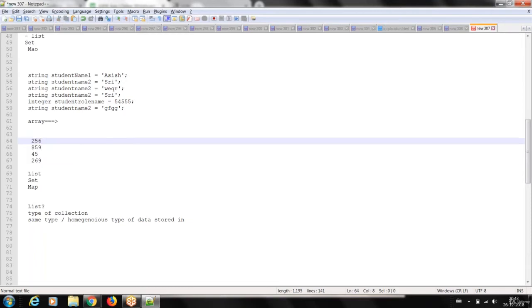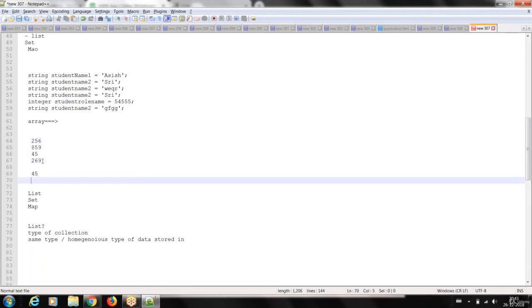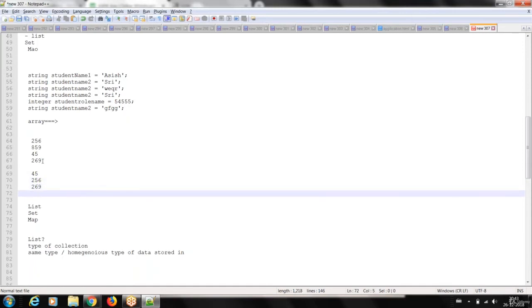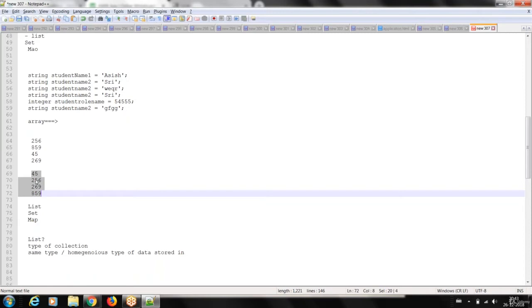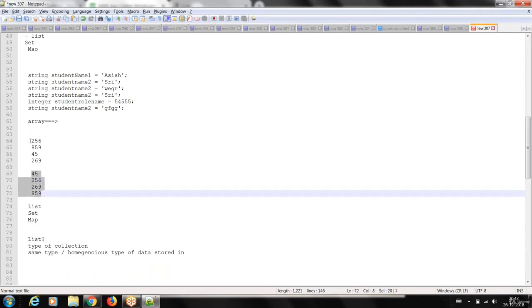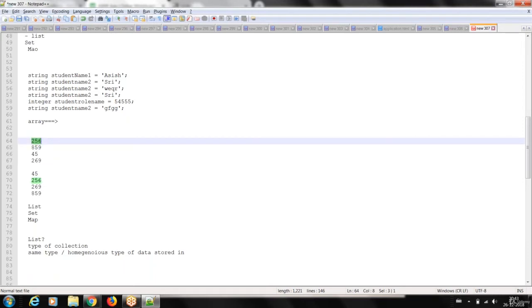The same data I can also represent in a different way: 45, then 256, then 269, then 859. What is the difference between these two? This set of data is in sorted order. But the other data is not sorted; it is stored in the way we entered it.